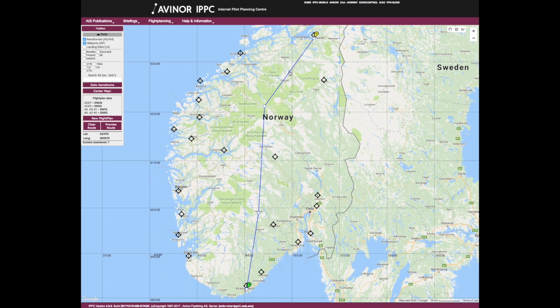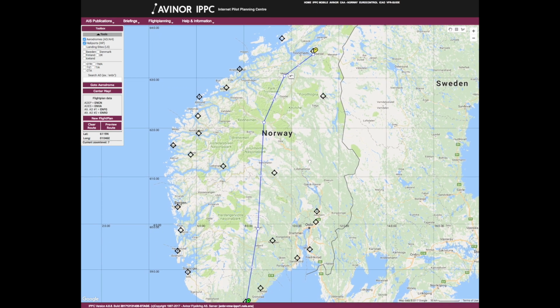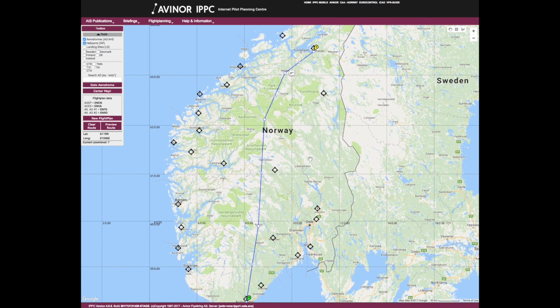In our example we have chosen Lasia as a route point. We will make Meldal the last route point. We now have a route consisting of Kjevik as ADEP, Rjukan, Lasia and Meldal as route points and Trondheim as ADES. The route positions on the map will be displayed as WGS84 coordinates in field 15 in the flight planning